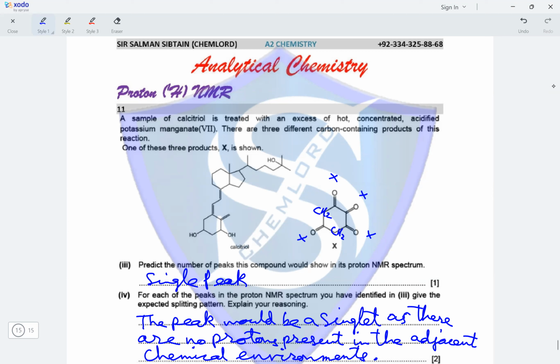So since there are no protons present in the adjacent chemical environments, the splitting pattern would be a singlet. And since both the CH2 groups are present in the same environment, there would only be a single peak, which would be a singlet in the NMR spectrum of